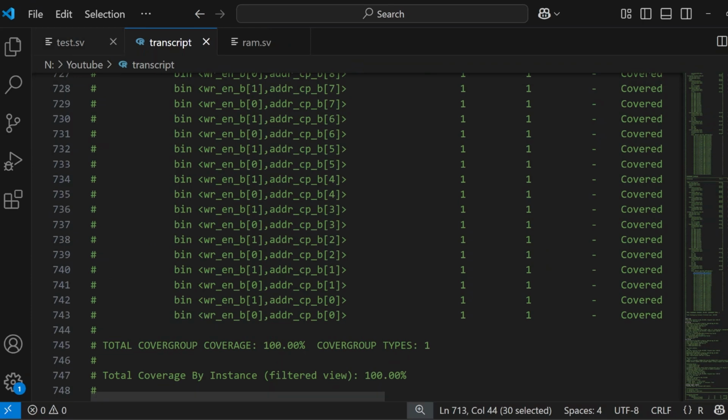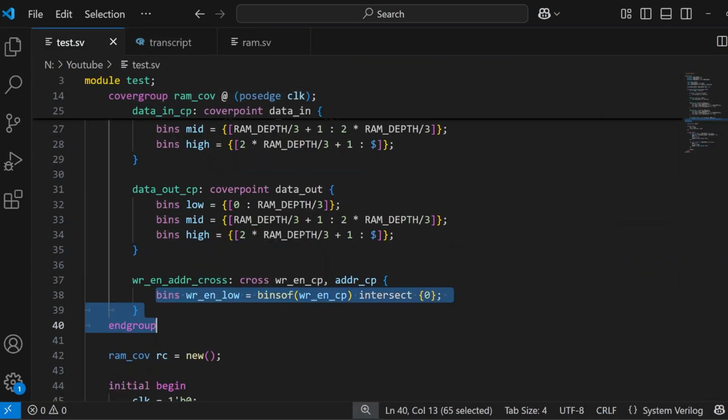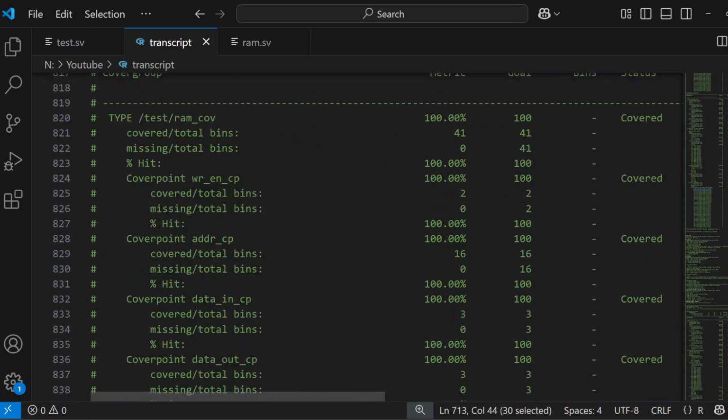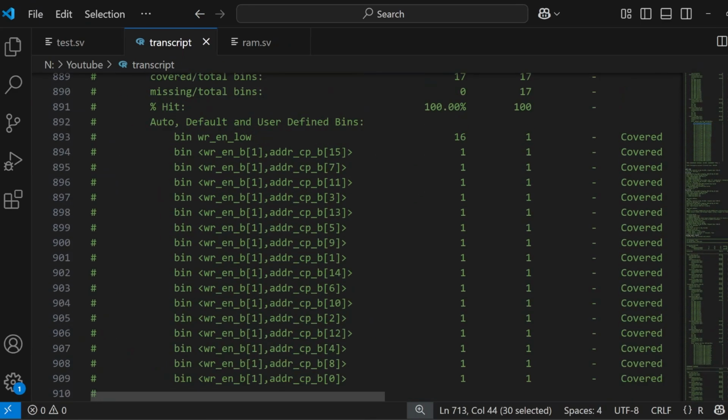But mentioning an explicit bin this way, in which I just mention the bins keyword and mention that particular cover point for which we wanted to create a separate explicit bin, and I write the intersect and 0, which basically means that a separate bin will be created in this cross cover point. A separate bin is created, and this bin is taking hits for all the combinations in which the write enable signal is low, and